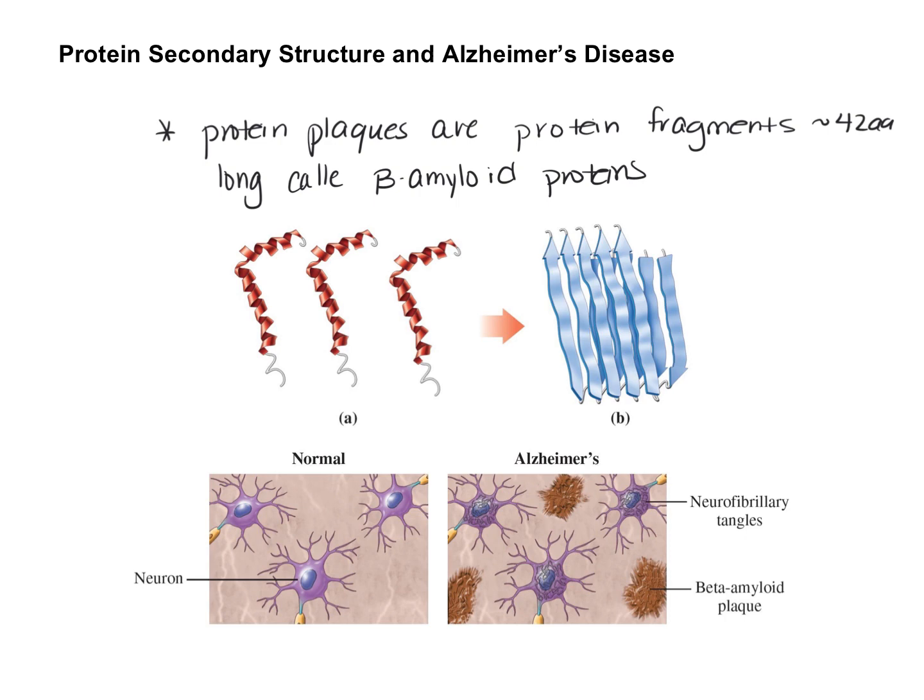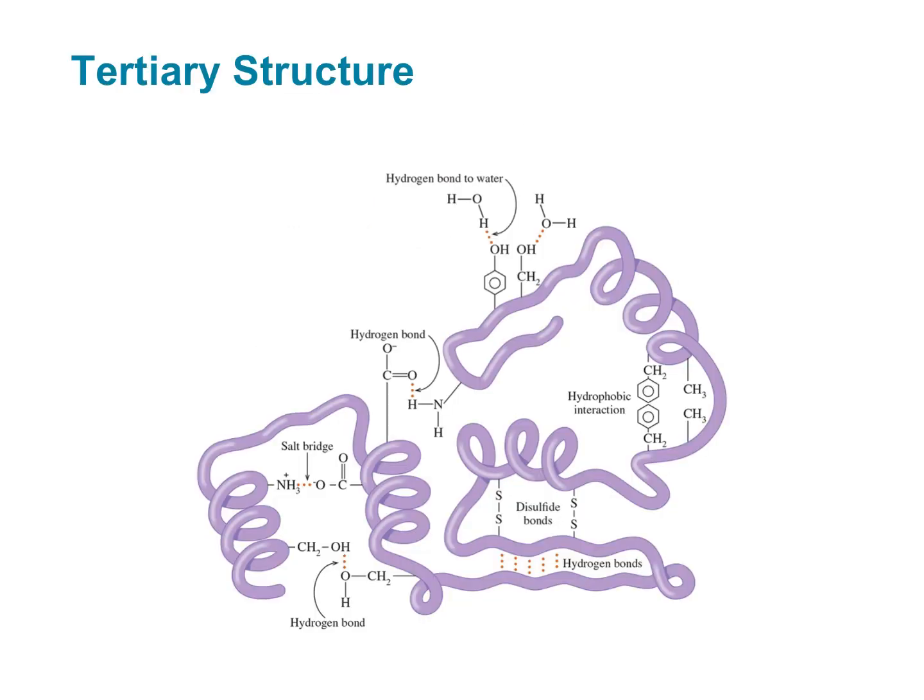Now, let's talk about tertiary structure. When we talk about tertiary structure, the alpha helices and the beta pleated sheets interact with each other in the environment, and they create a three-dimensional structure that's called a tertiary structure. One of the other things that happens with this tertiary structure is we get some what are called hydrophobic effects, where nonpolar